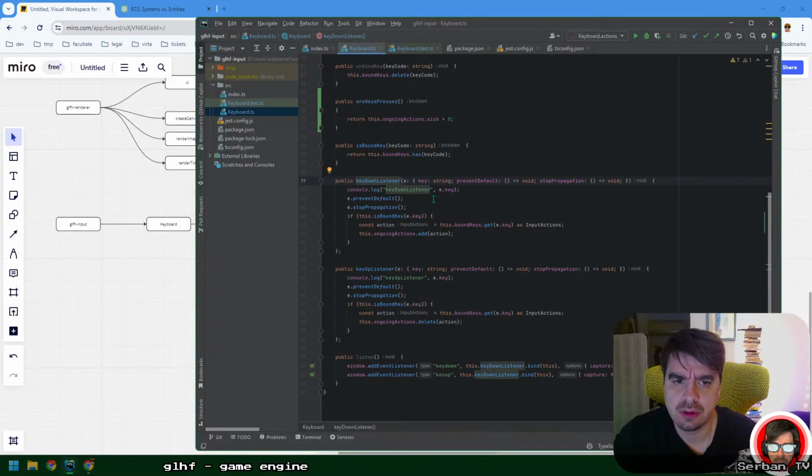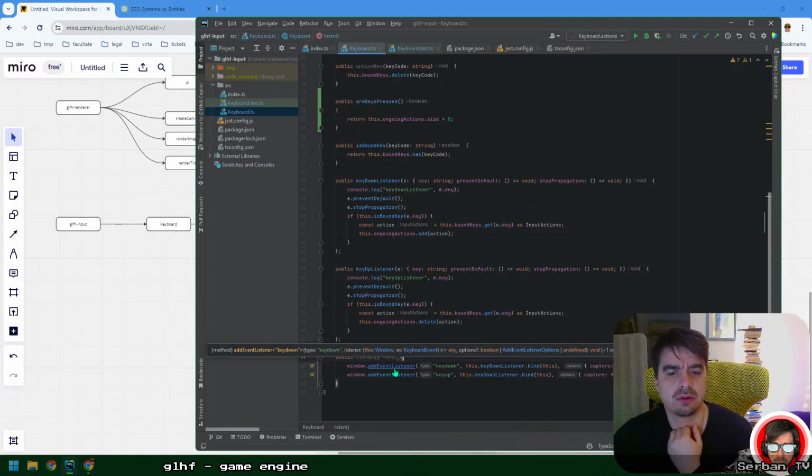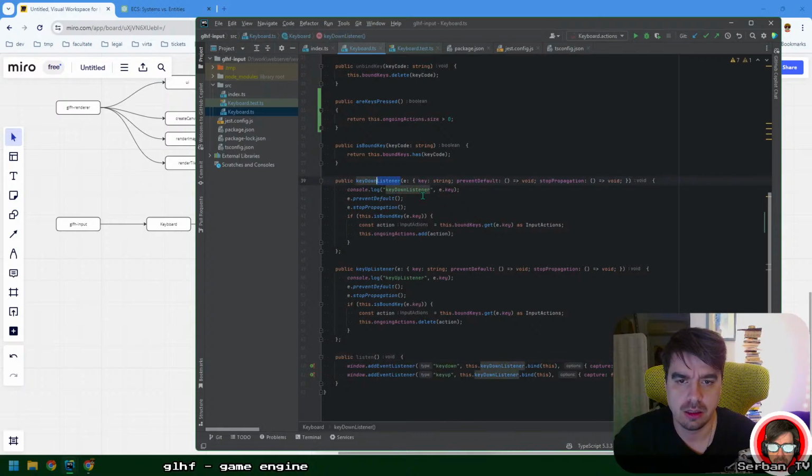Ce am zis ăsta key down listener? This is key down callback. I am zis listener pentru că așa se numea în. Callback. Actually,